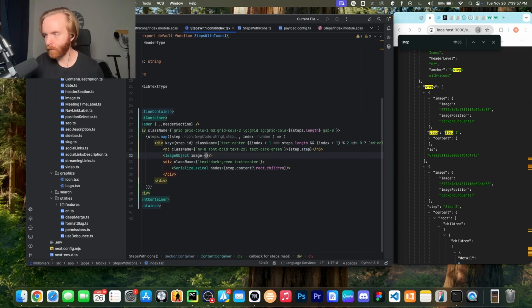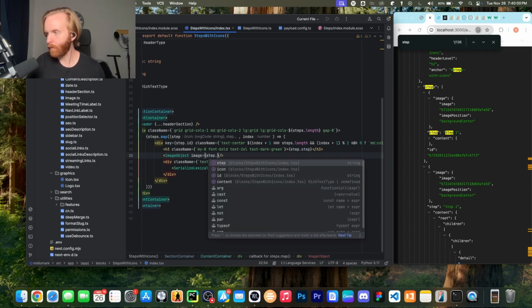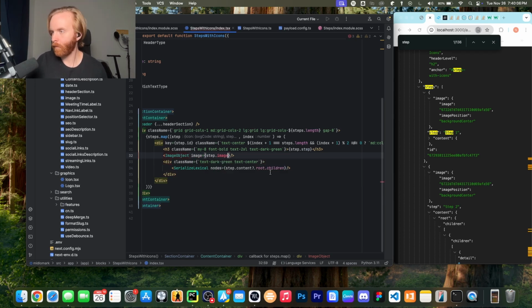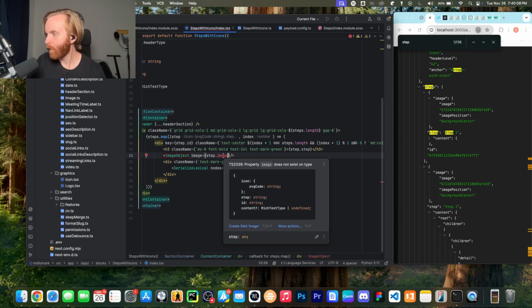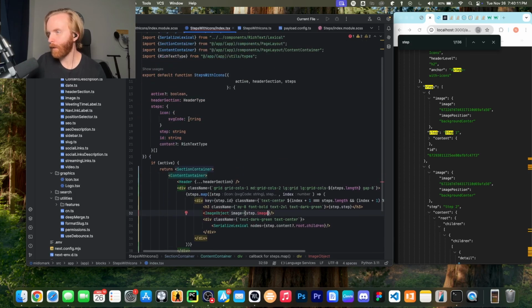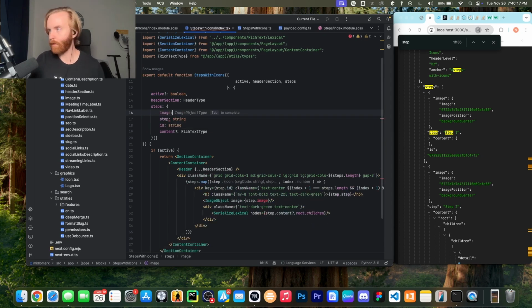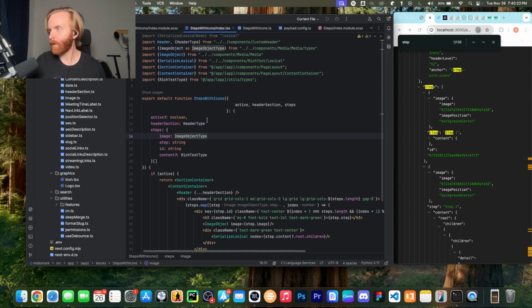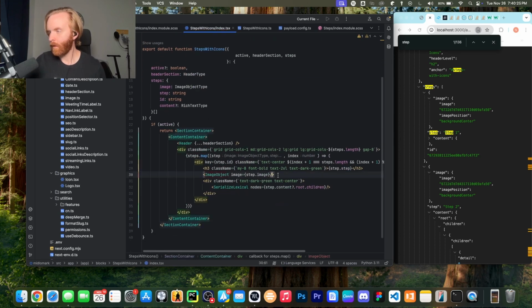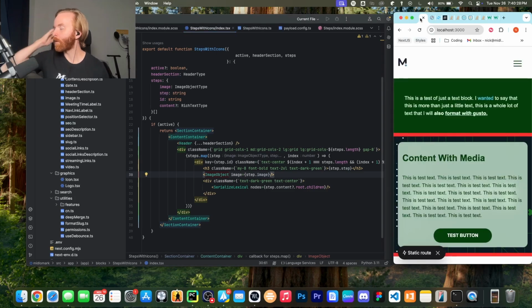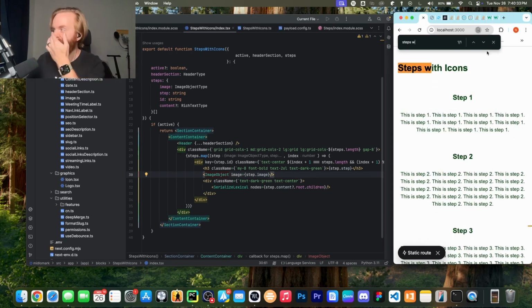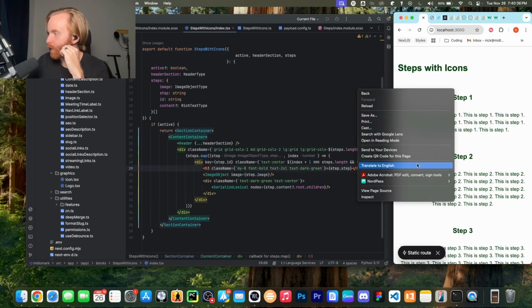All right, so now we should be able to do step. Oh, I understand what's happening now. So it's not icon anymore. So I need steps image with image object type. So let's see if that actually worked then. So far so good. Steps with icons, but there's no image. So let's see what's going on